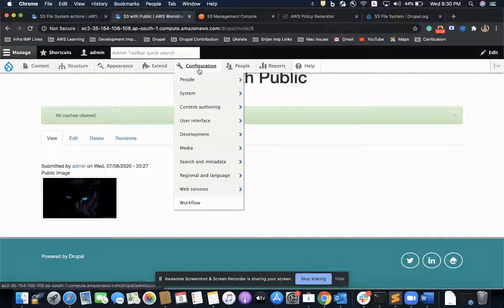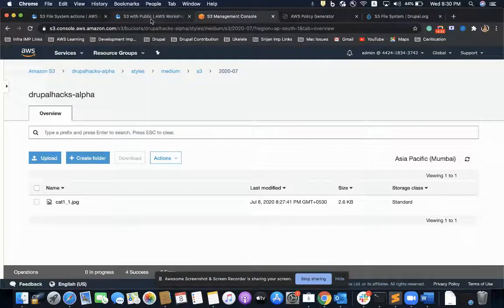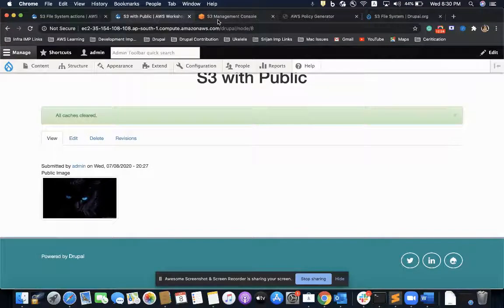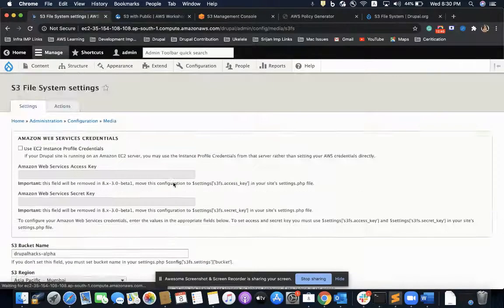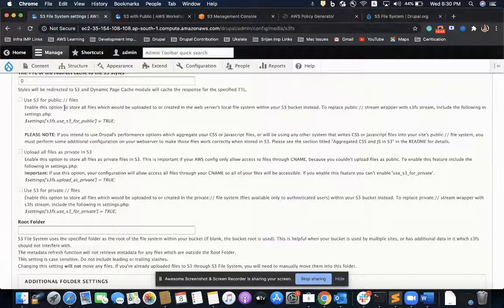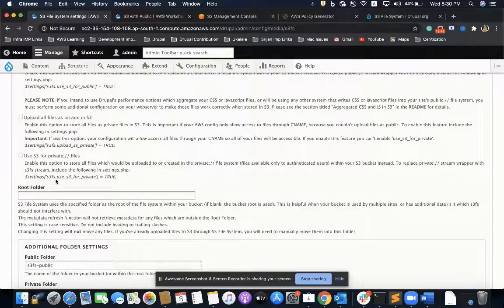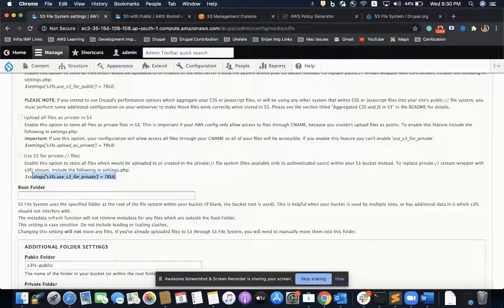Okay, now I'll configure my S3 and S3FS module for the private file system. For this, what do I need to do? I'll have to configure the S3FS module, the advanced settings, which is use S3 for private file system, and I can do that by setting this variable to true in my settings.php.